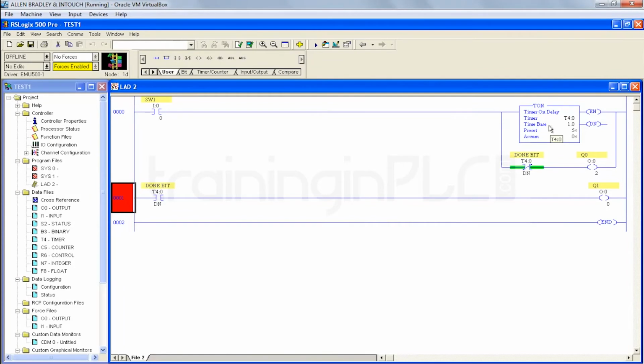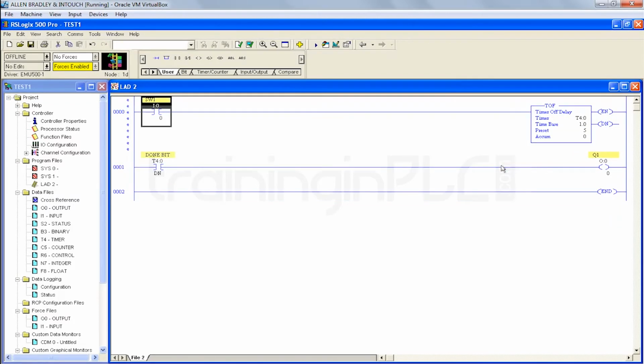So I have already used the on delay timer here. By changing the name here, what is the name of the off delay? TOF. So by changing the name, the on delay timer is changed to off delay, timer off delay. I'm going to give the same name as the on delay timer, T4:0, and the preset value as 5.